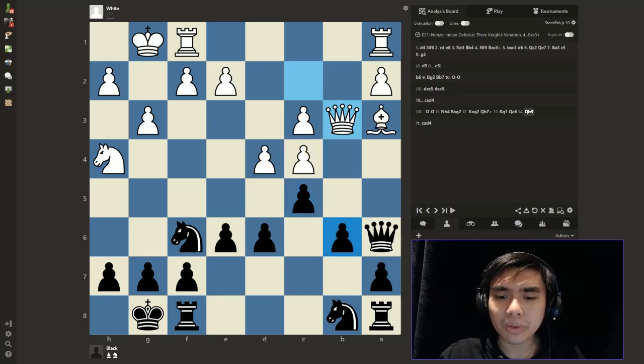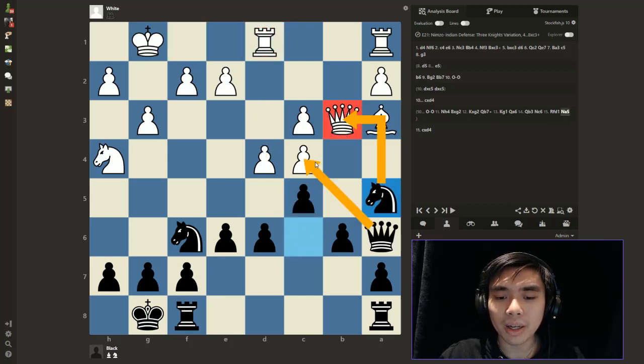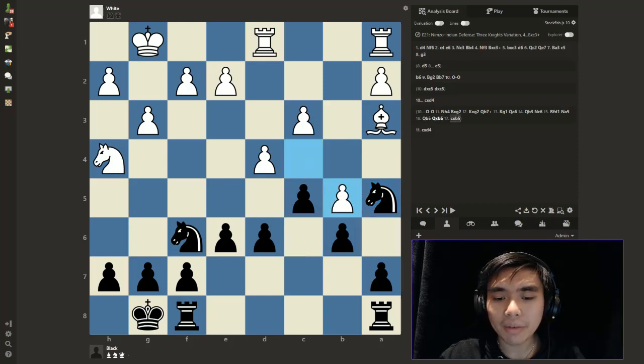So then Nimzowitsch asks himself which piece of his is not doing anything right now and can actually be improved to attack this weakness. Now the simple answer is this knight, because it also threatens this pawn with tempo, and tempo is extremely useful. So the rook comes here to defend, and then the knight comes here, attacking both the queen and the pawn in a very nice fork. So the only move white can play in this position is to trade queens over here,